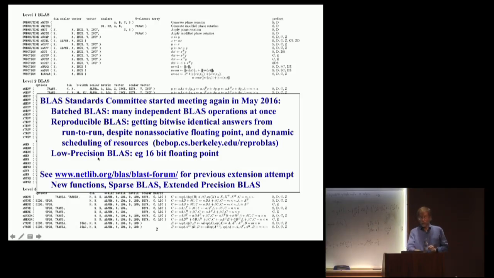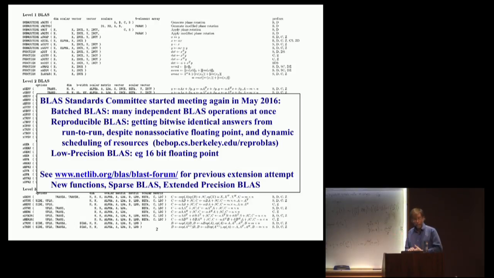And then the other, so the committee is trying to standardize that too, and I'd say there's class projects available in making this work. And then the other reason, again motivated by machine learning, was to do low precision. So 16-bit floating point is certainly one example, but there's all sorts of other low precision versions that people are trying to do. So the committee tried to do a similar exercise back in 1999 and produced a very large